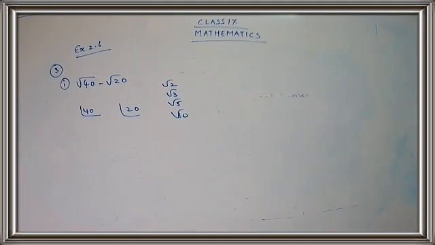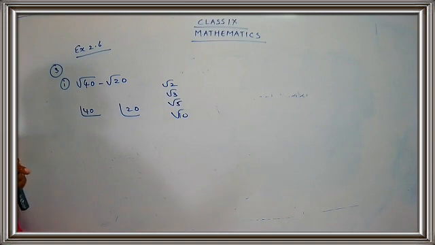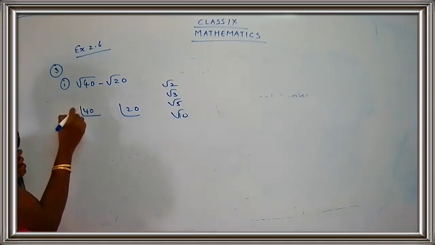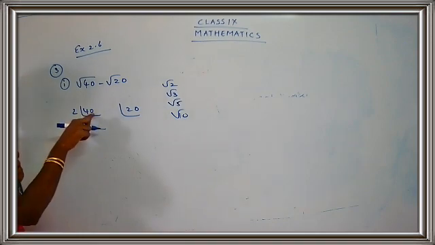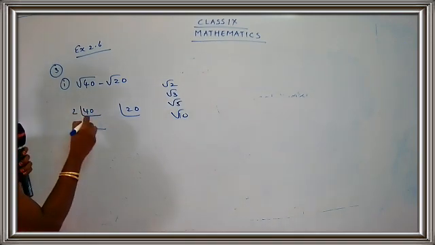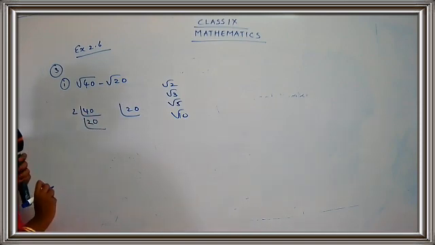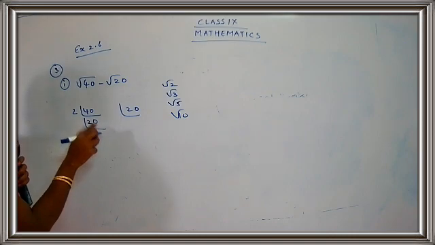I hope you have started with the factorization. So what do you get for 40? The last digit is 0, so it can go in the table of 2. So 40 is divisible by 2. 2 twos are 4, and a 0 comes. Again the last digit is 0, so it is divisible by 2.